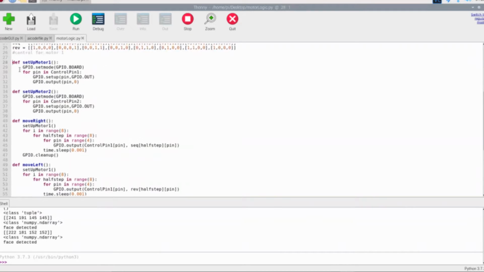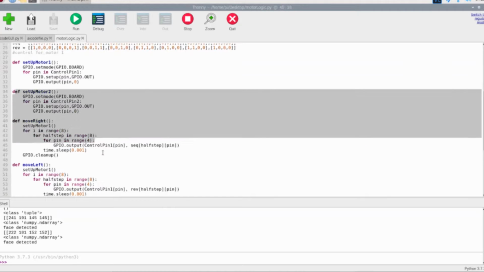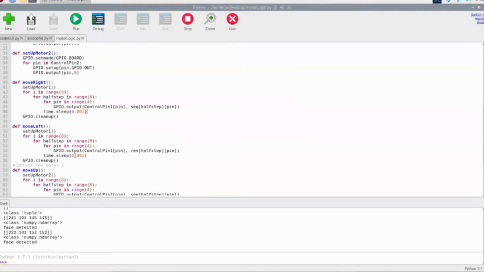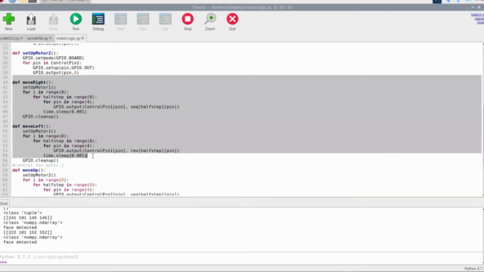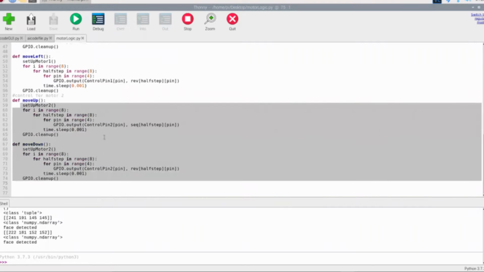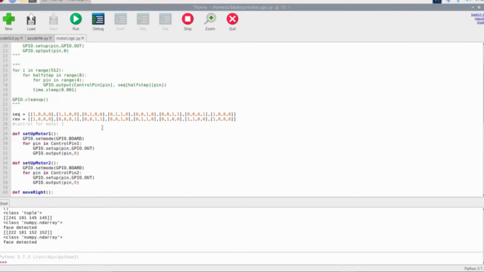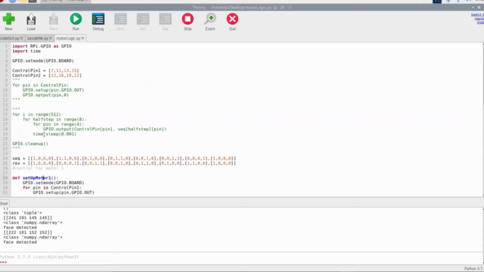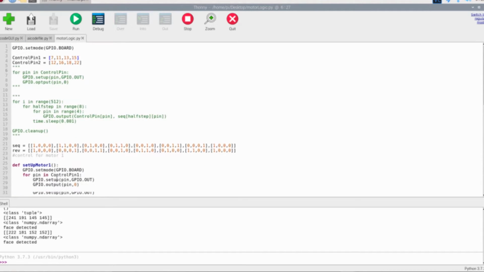So I wrote 4 different methods. These two are for controlling motor number one, and these two for controlling motor number two. These two functions are to set up motor. Each motor requires 4 pins, and these are stepper motors, and I am using half steps